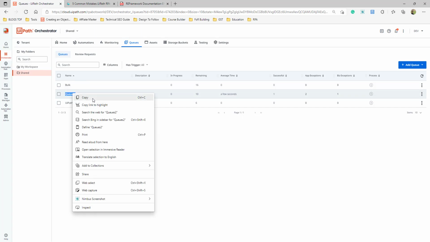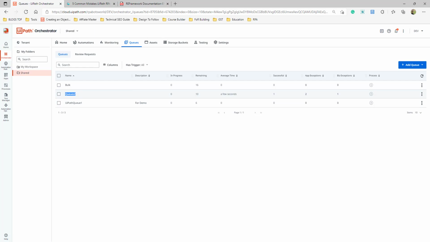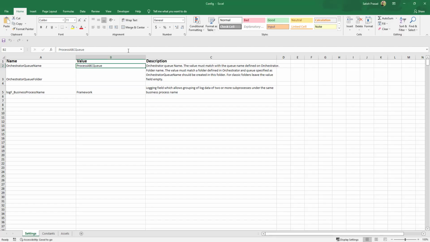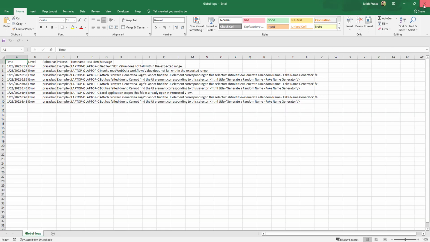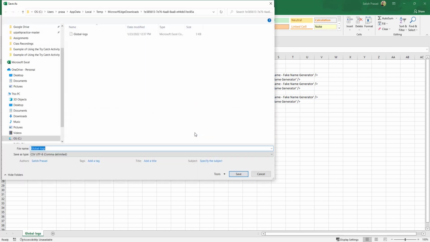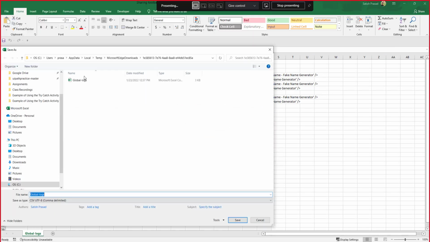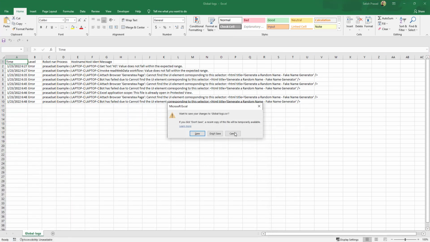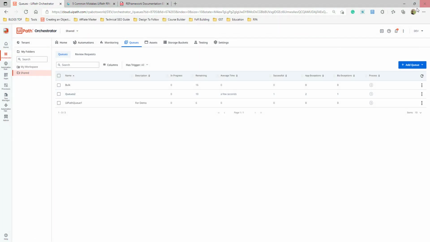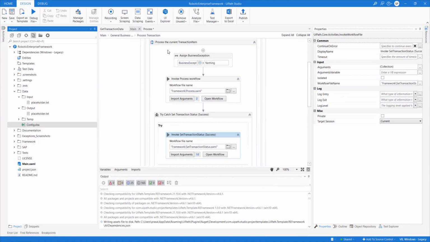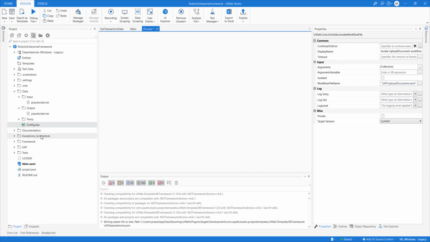So I'll copy this queue name, put it into the config file, and save it. So the only thing that I need to change is this one. The rest of the things will work as they are. Okay. Save. No, not this. I don't need to save this one. Don't save.